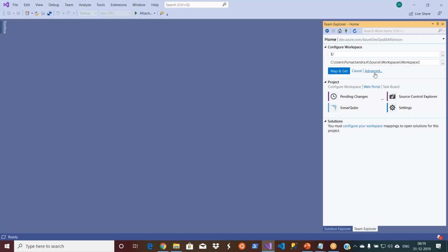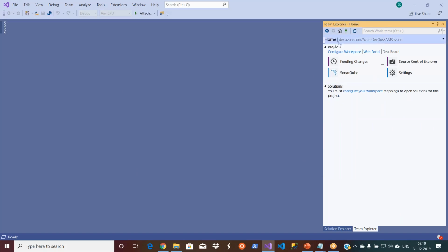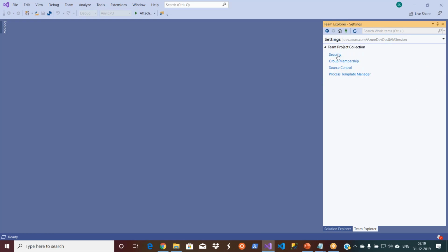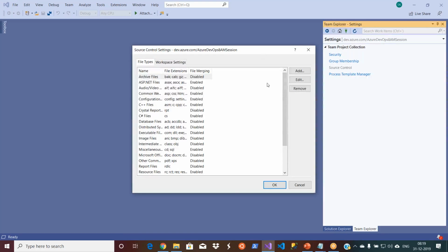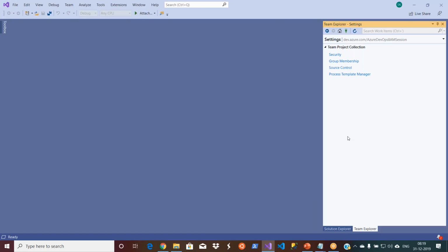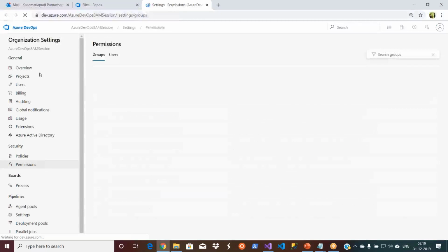This is where I told you I screwed up my Visual Studio. It is now reverting back to, this is a traditional version control system actually. Settings, go to source control. It is showing my TFVC. It has to be my Git actually. It has to show the Git. Okay. So is it a problem with my organization? Let me look at my